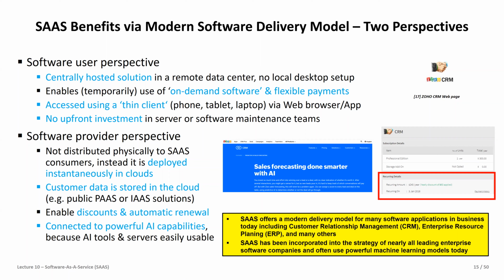And of course, then the next software is just maybe next to it. You see here, sales forecast done smarter with AI. When you are already in the CRM system, you get this marketing. With one click, you can say, I activate this AI package in my cloud to have more smarter sales. And of course, I swipe the credit card for it, but my credit card is already inside. So I just click on it and suddenly I pay 50 euros more per month. But of course, I get all the insights on more smarter AI problems and solutions.